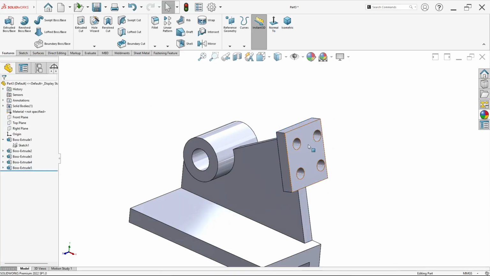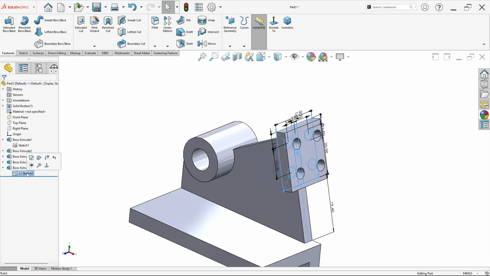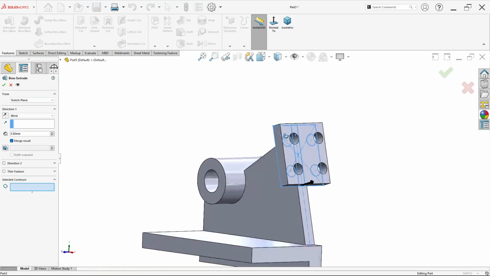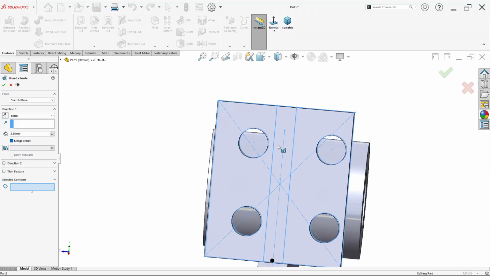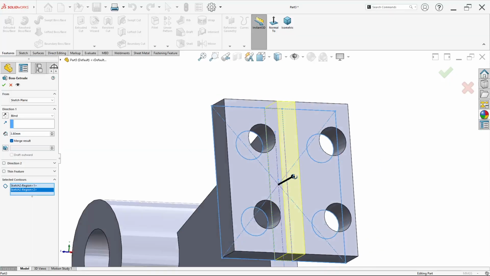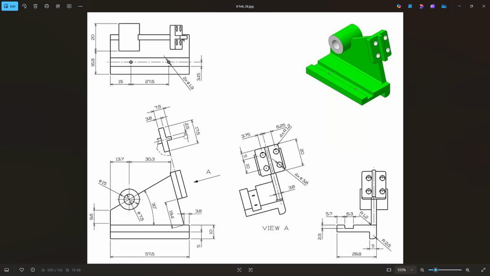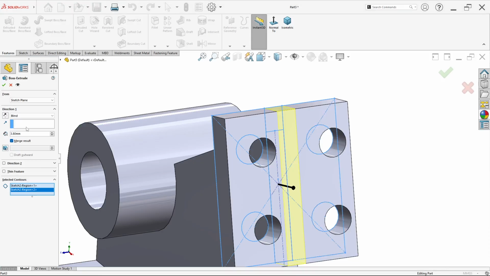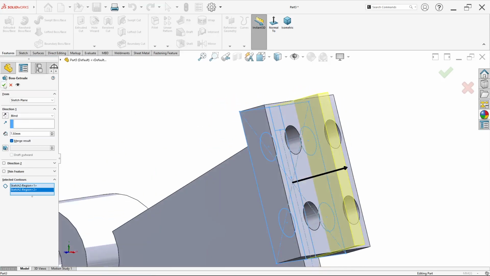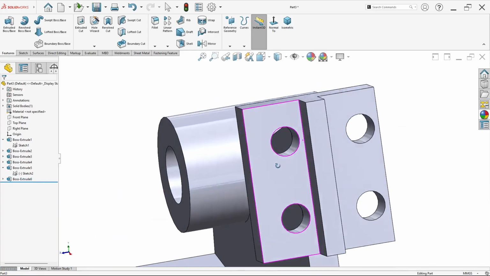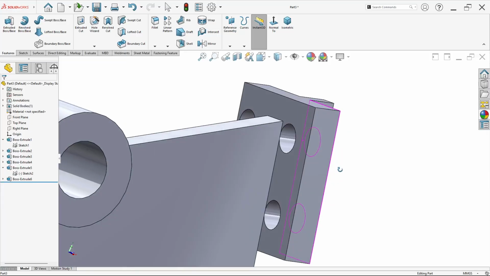Just click OK, and click again on sketch 2. Click extrude boss or base. Now you must select this sketch and this sketch, which have a width of 2.5, and have a distance from this face to face of 7.5. Direction in blind and input here 7.5 millimeter for depth. Click OK, like this, and done. It's easy.